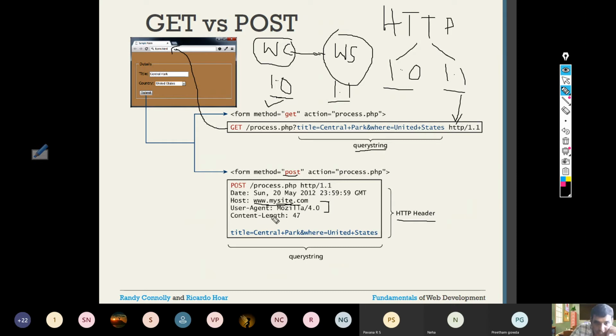So this is sent, and Content-Length. So what is the content length? You may wonder what is the content here. See this. This is the content, meaning the actual data that you are being sent. If you go and count it, the total number of characters is 47. You can go and count it. That's why Content-Length is equal to 47, and that is sent along with this.